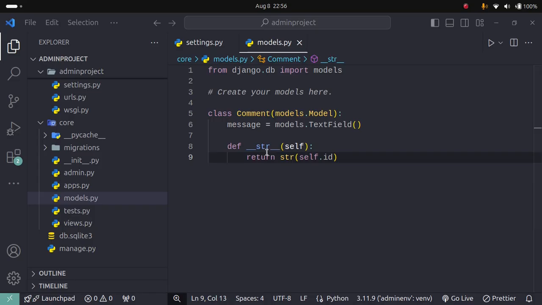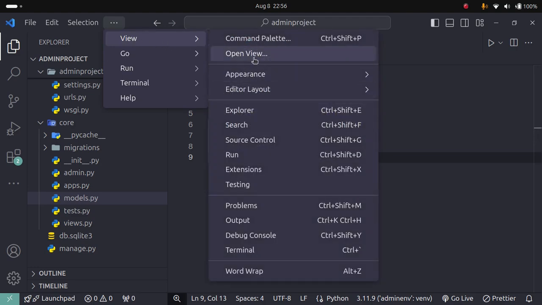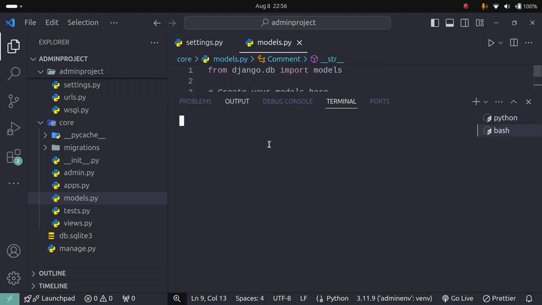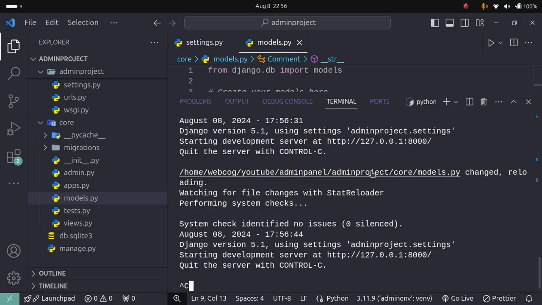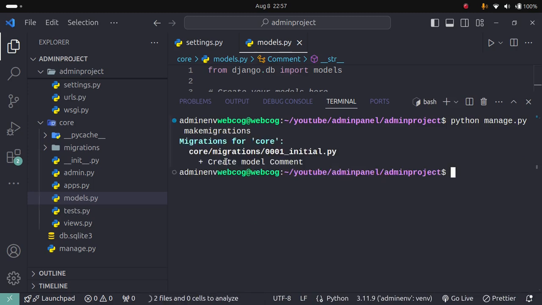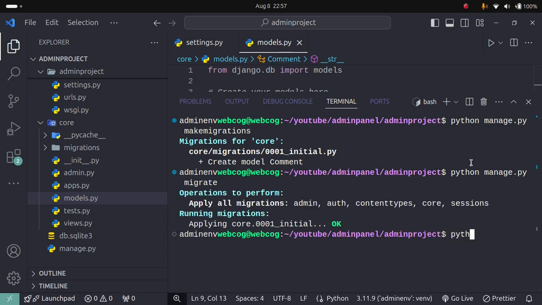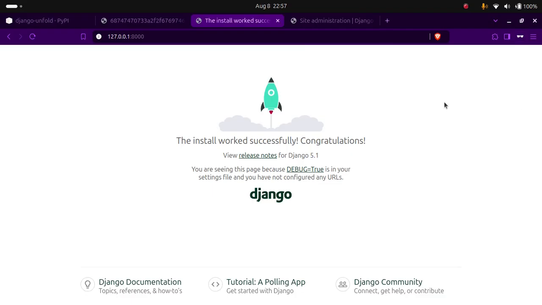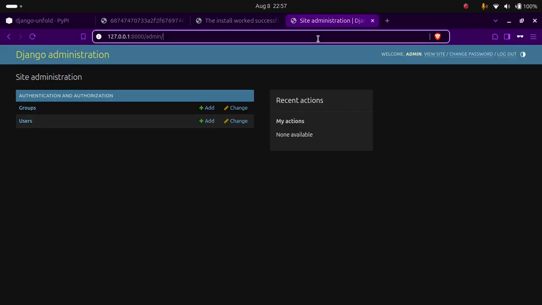And after creating the model we need to make migrations, and for migrations I am again going to open my terminal, and in the terminal I am going to run the command python manage.py makemigrations. First of all clear, and I will type python manage.py makemigrations and enter, and you will see our model is created. And after that I am going to run my migrate command. For this I will use python manage.py migrate, and our migration is done. And again rerun the server with python manage.py runserver,